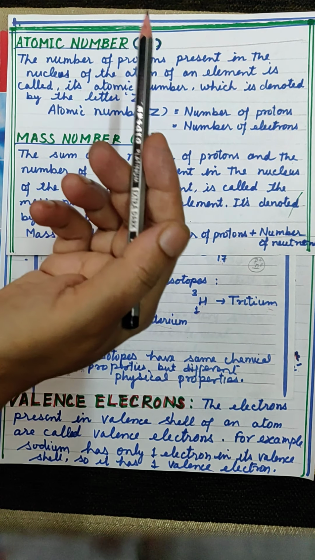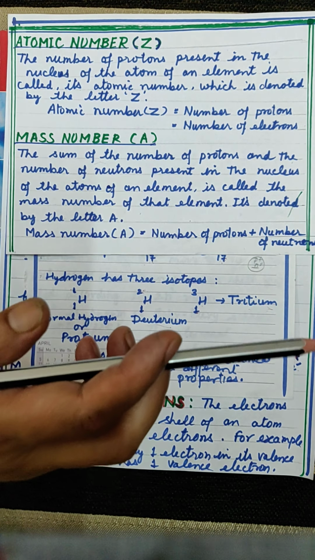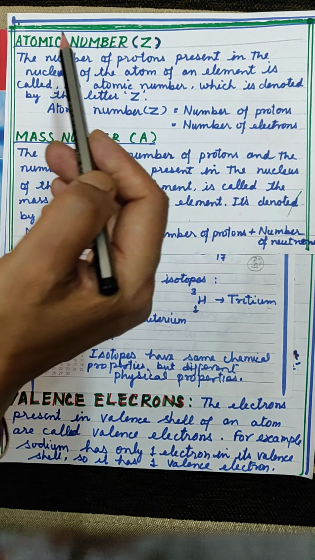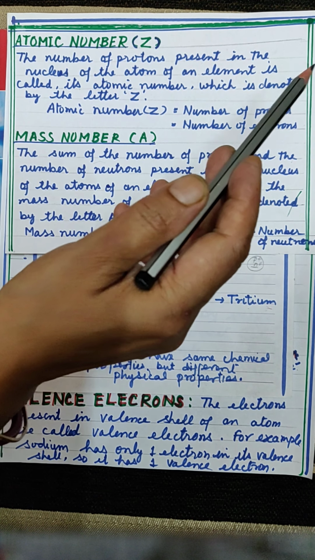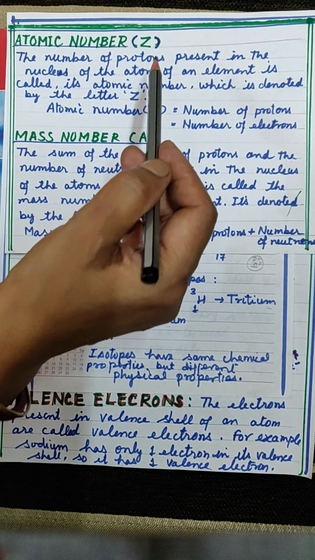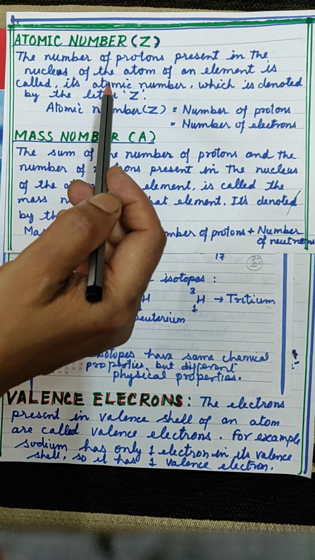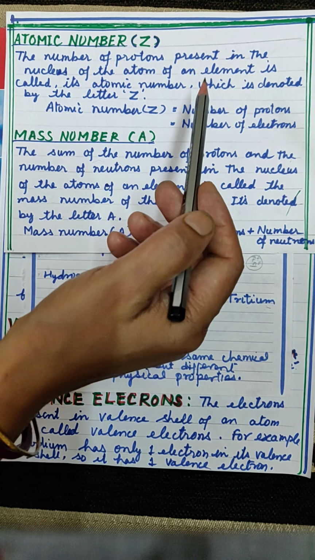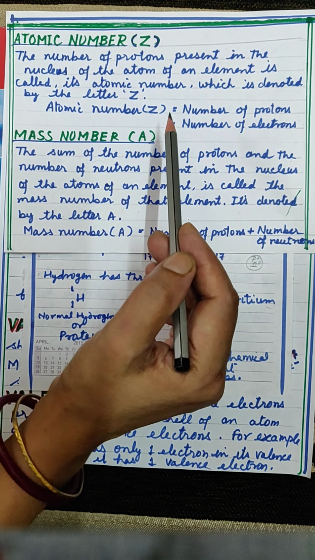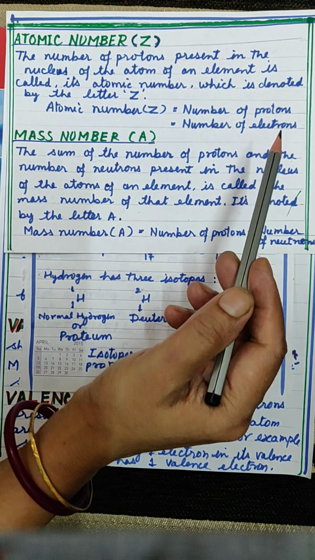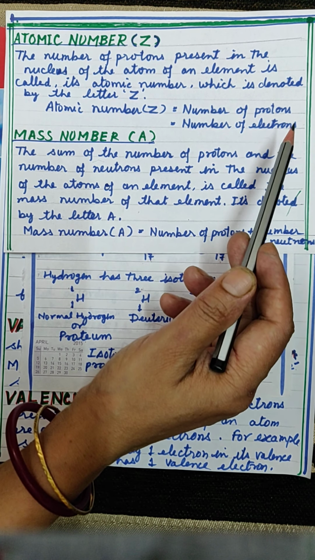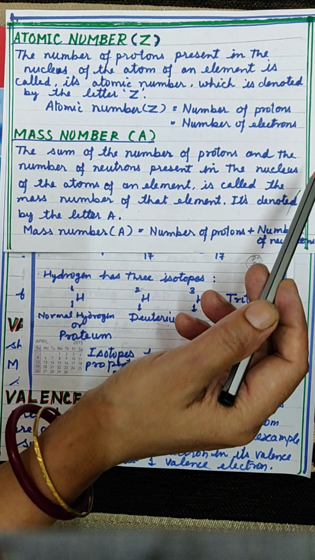Dear students, after atomic theory, let's discuss some important properties of atoms. The first one, which you already know and we discussed in the previous video, is the most significant property of atoms of an element, that is atomic number, represented by capital Z. Atomic number is equivalent to the number of protons present in the nucleus of an atom. It is represented by Z, and as the number of electrons is the same in the neutral atom, we can also say that atomic number Z is equal to the number of protons and is equal to the number of electrons.